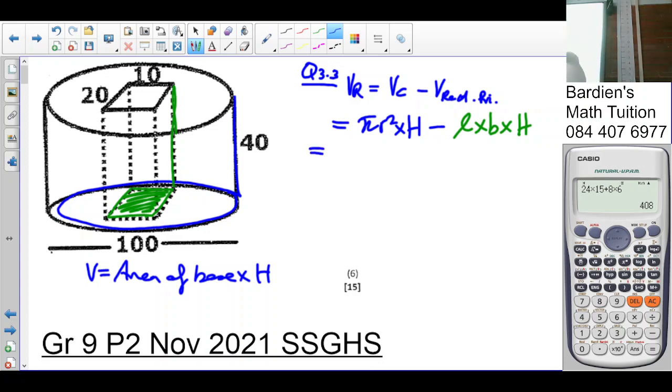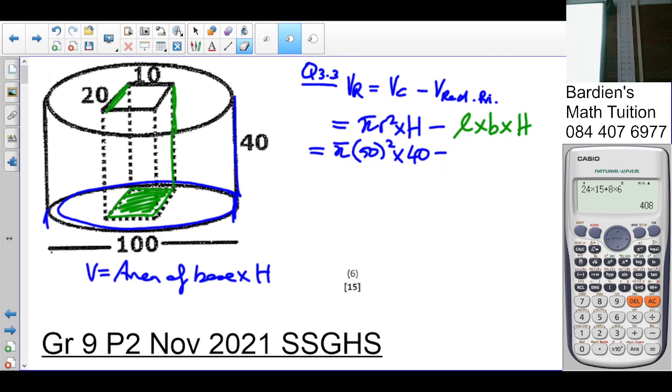So we go pi. What's my radius? The diameter is 100, so the radius can be 50. Pi times 50 squared times the height, 40, minus the length. The length of this piece is going to be 20 times the breadth, which is 10, times the height, which is 40. You guys understand? So we go pi times 50 squared times 40 minus 20 times 10 times 40